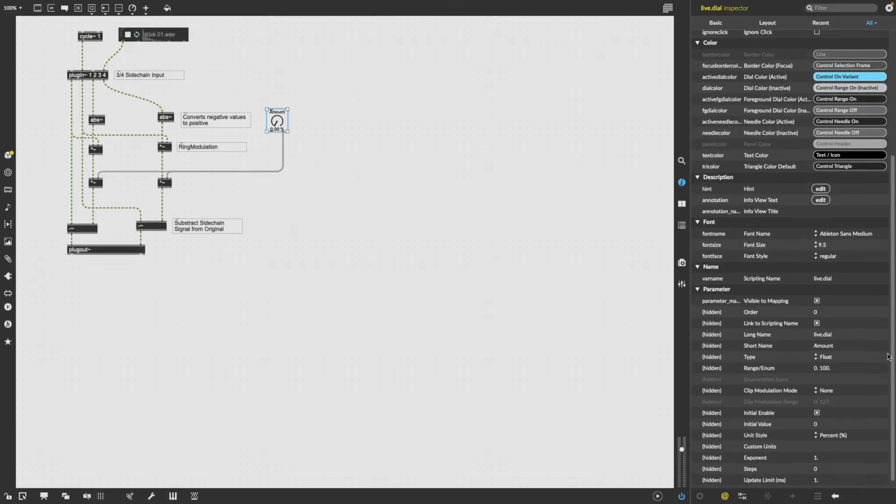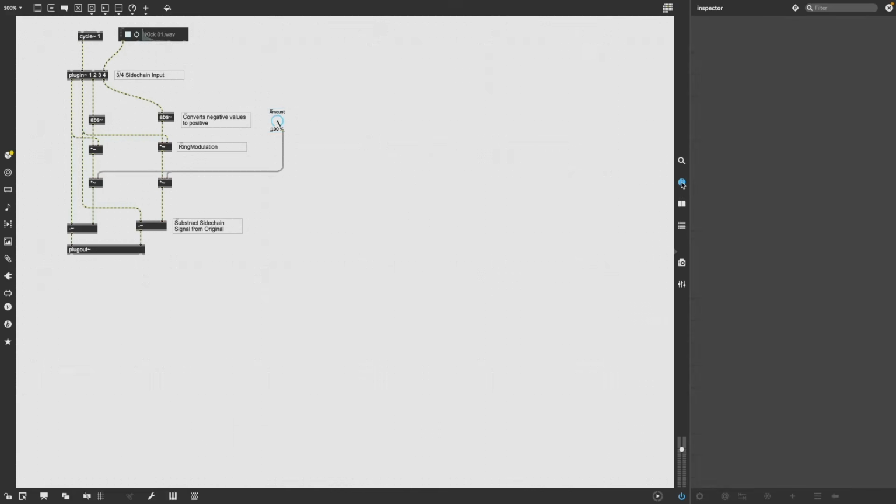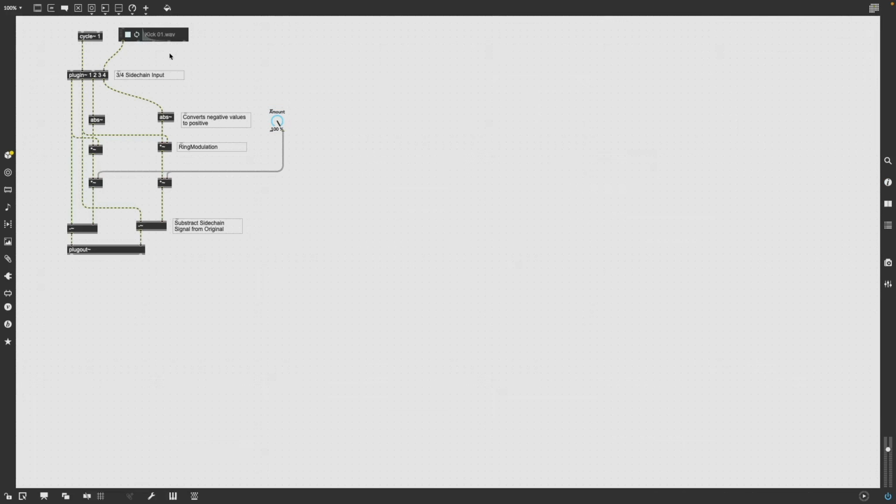And I think I should first rename it. And I think I should set an initial value of 100, so basically the full range. So this is basically the whole signal processing part of the device, but there's still something missing because we need to declare our sidechain input inside of Ableton Live. And this is kind of easy since Live 12,